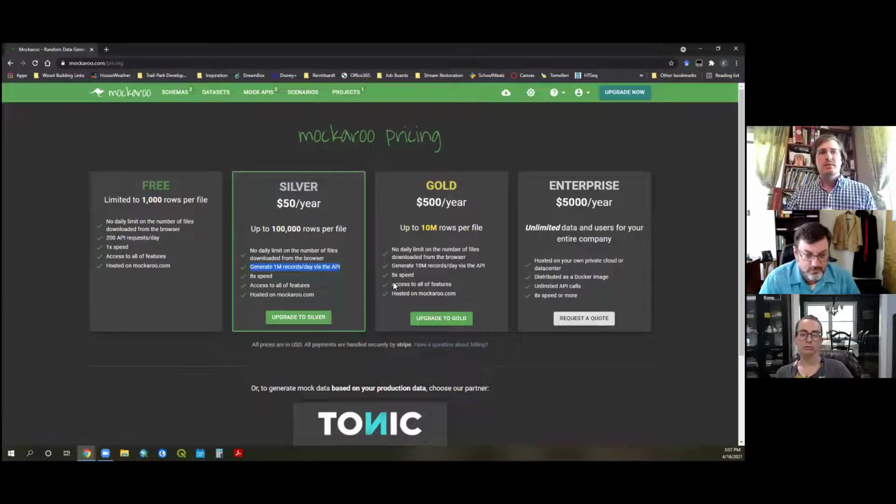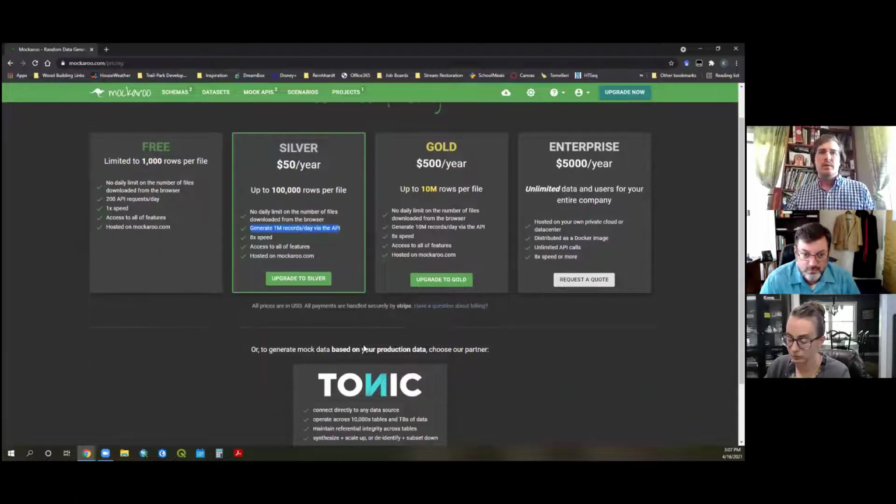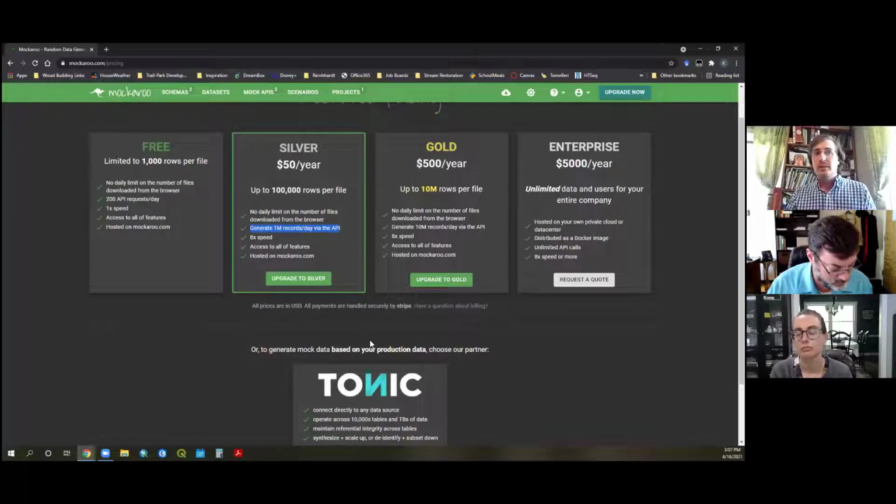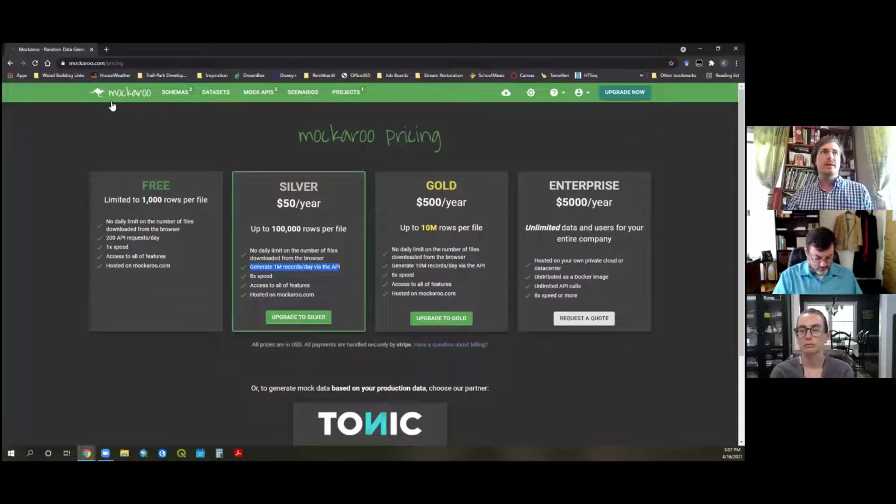So I'm showing you this to give you an understanding of Mockaroo was actually built for something much, much larger than most educational institutional needs. And they also limit you to 1,000 lines per table if you're under the free version that we're going to look at today. If you pay for this, you can actually go up to tens of thousands, if not hundreds of thousands of data lines per file that you download.